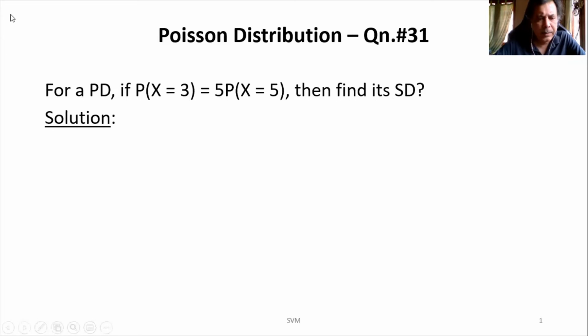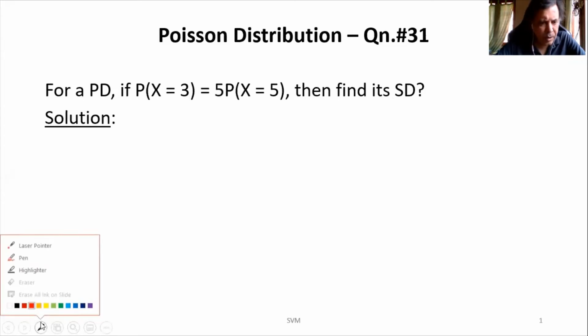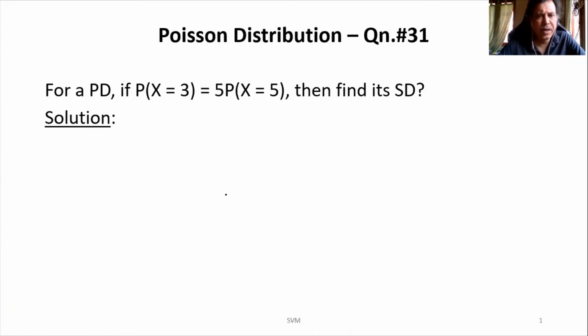So in general, for a Poisson distribution, the probability mass function will be what? Probability of x equal to x will be e to the power of minus lambda, lambda power x by x factorial. This is the general probability mass function for a Poisson distribution, where this lambda is considered to be the single parameter of the Poisson distribution. Now in this, what is given? So given